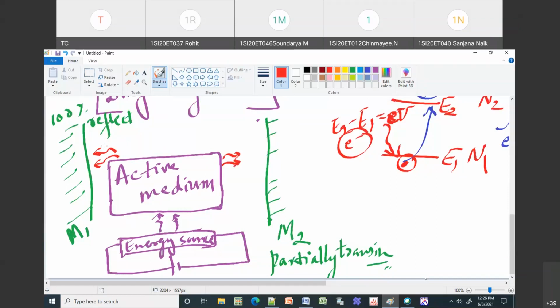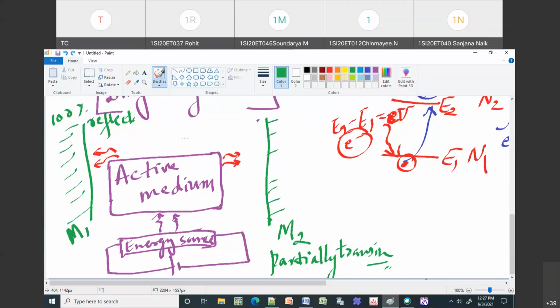It will bounce back, right? It will come back, it will get reflected, all right? So that is why I called this 100% reflecting. That means if I send two photons, these two photons will get reflected back into this same medium. So in that case, they will again travel in this medium. So then you can have more number of photons. I will explain this again in the next class, why you need this kind of multiplication of photons.